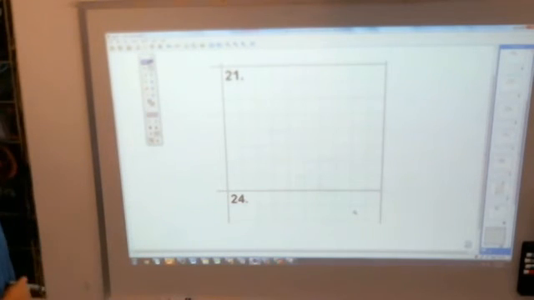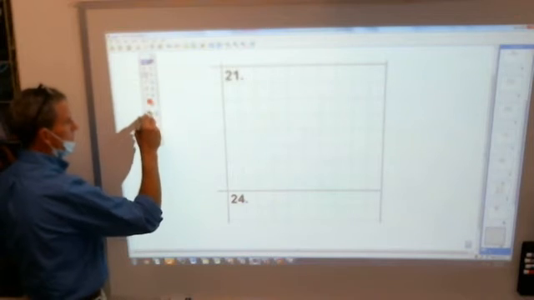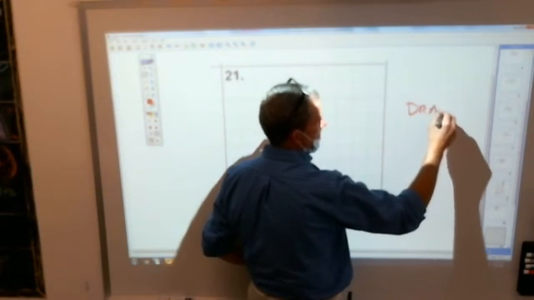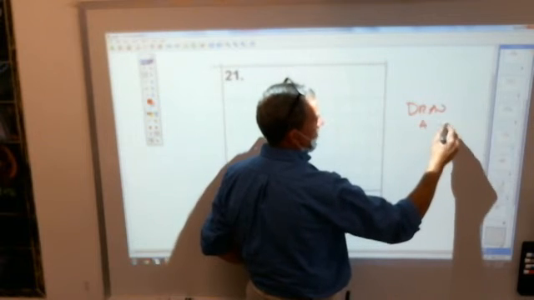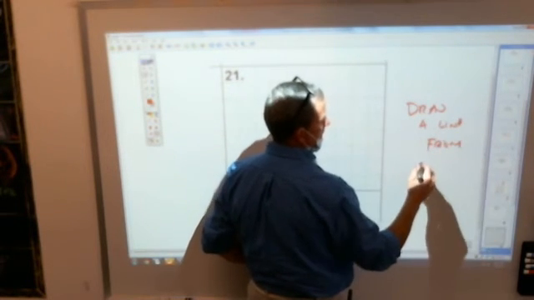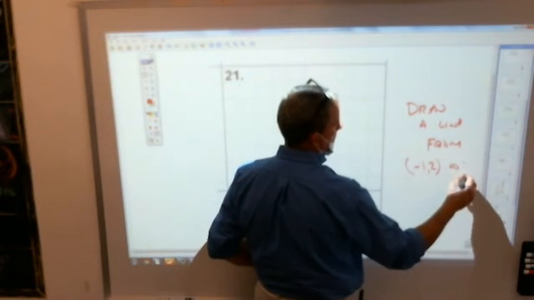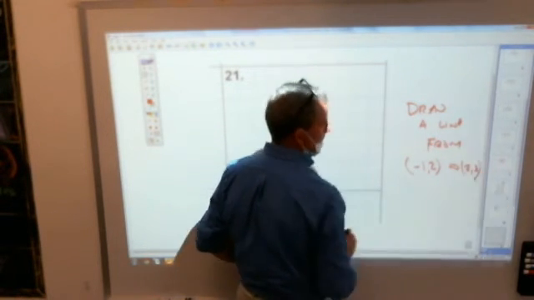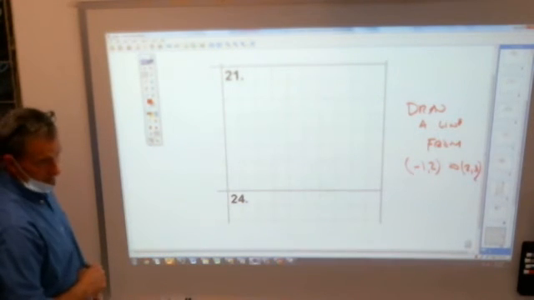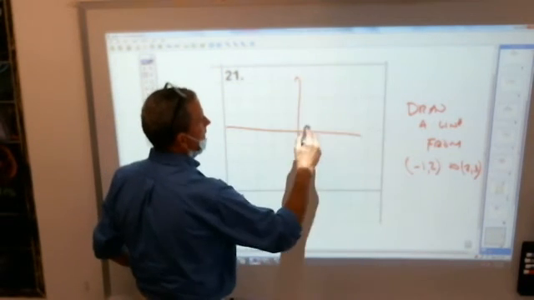If they say to draw a line from negative 1 comma 2 to 2 comma 3, well, you don't do this, which is what I see people do. Oh, I need a coordinate system, so I'm going to go,